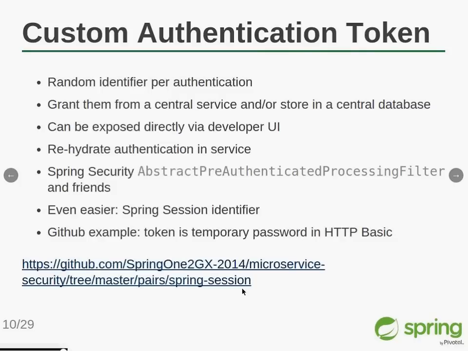There's an interesting example of that. I've got a link at the bottom of the screen here, also from my Spring 1 demonstration. So I won't show that, but I'll describe it briefly. It's a pair of apps. One is a front end with JavaScript, and the JavaScript has to contact a back-end service which is protected using an authentication token. And the authentication token is the same thing as the login, the session ID for the front end. So they're basically sharing a J session ID,